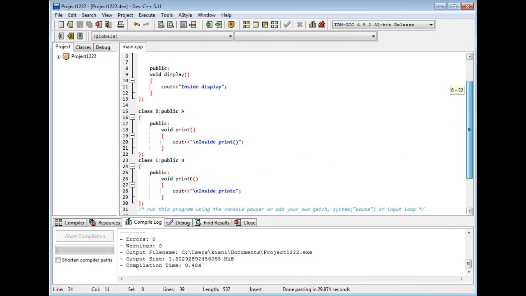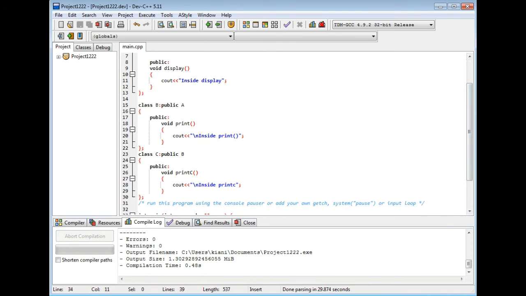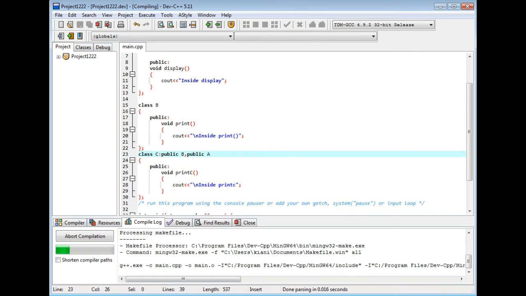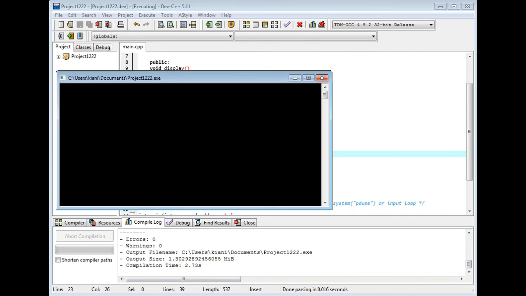Multi-level inheritance. What is multiple inheritance? Multiple inheritance is if I remove this and I put here public A, then what will be the output? Let's see. Okay, same output.